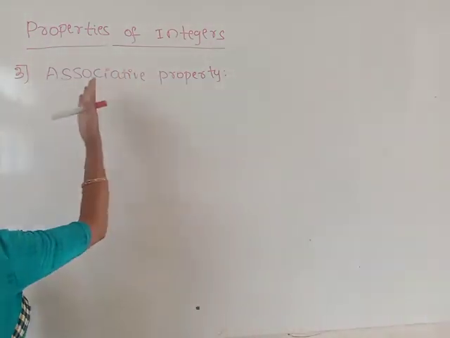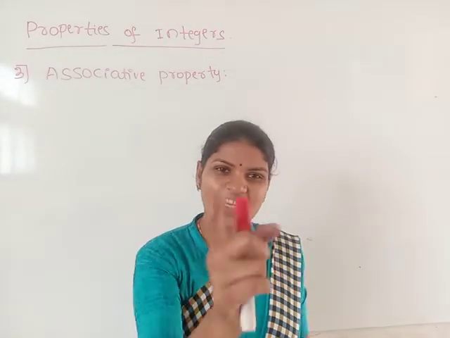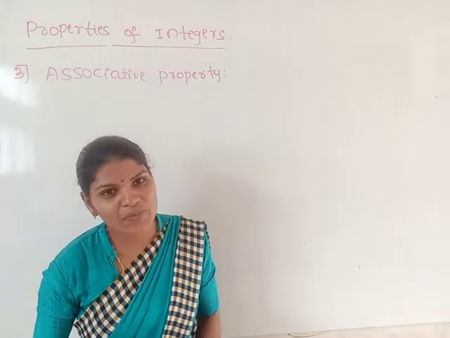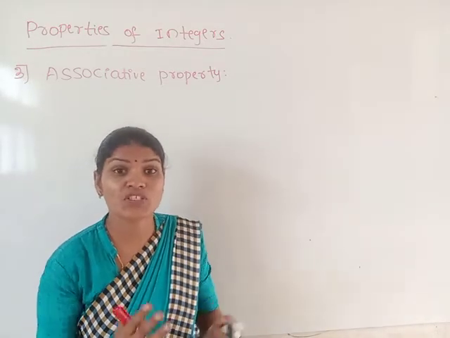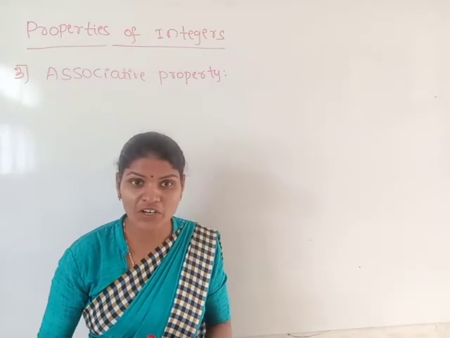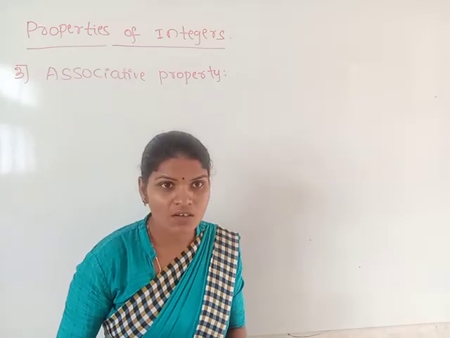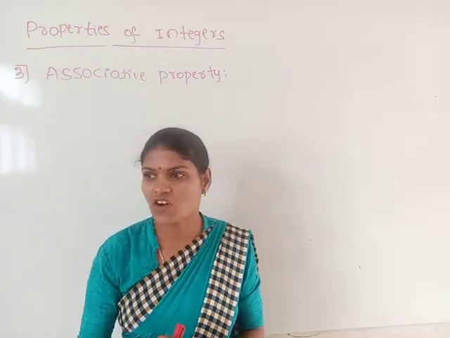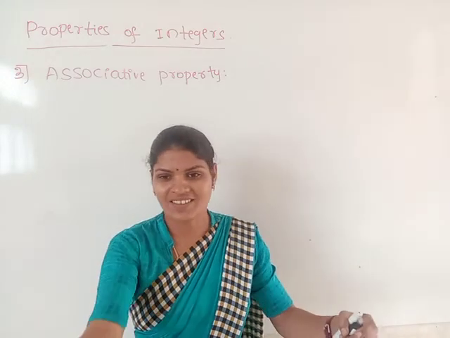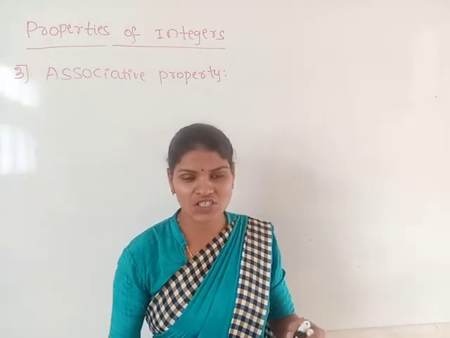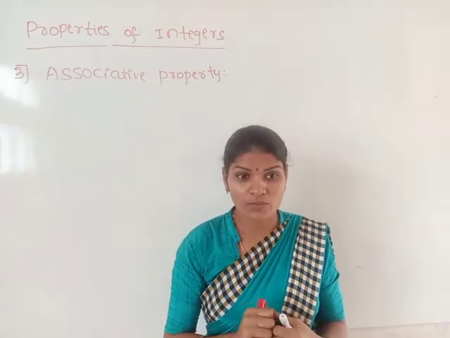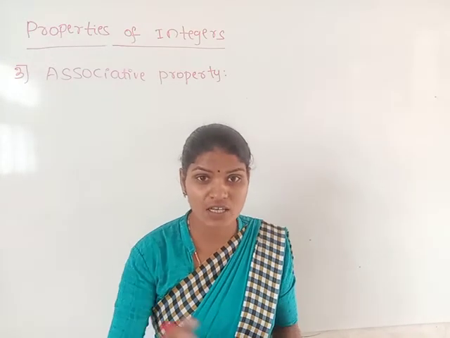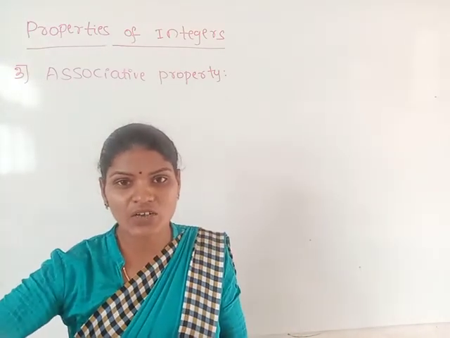Then what is the associative property's nickname? That I will give today. Why I have given that name, you will realize. The nickname of the associative property is groupism property. Groupism, like in your friends group, you are making the groupism. Today only Aditya and Bhuvan are two friends. I will not take one more boy. Your name? Santosh. I am not taking Santosh today. Why? Because today there is a running practice, and Bhuvan is running much faster than Santosh. So I will make Bhuvan the friend, but not Santosh.